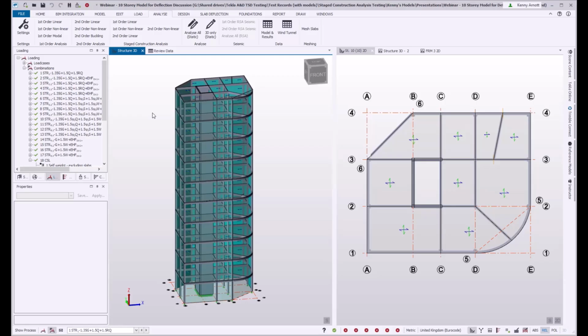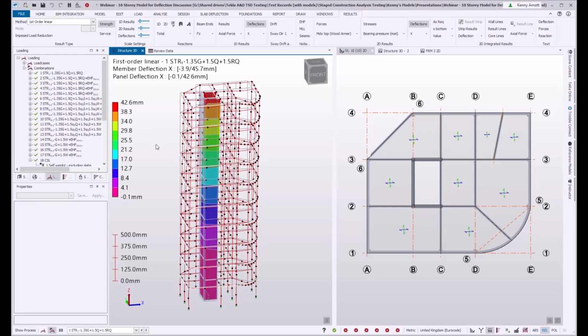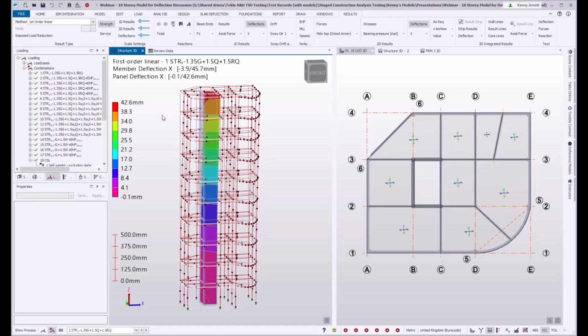So when I apply gravity load only, I've got a bunch of combinations set up here, but I just look straight away at the results for a combination where the only loading that is applied is gravity loading. You can see that it sways. Now that's an effect that you would expect any time that you have a non-symmetrical structure with vertical loading applied. There will be some tendency to sway. So that's what it's swaying from a first order linear analysis: 42.6 millimeters in the X direction. I'm looking specifically at X direction deflections at the moment.